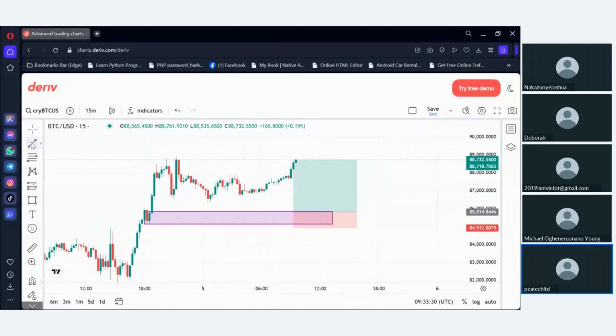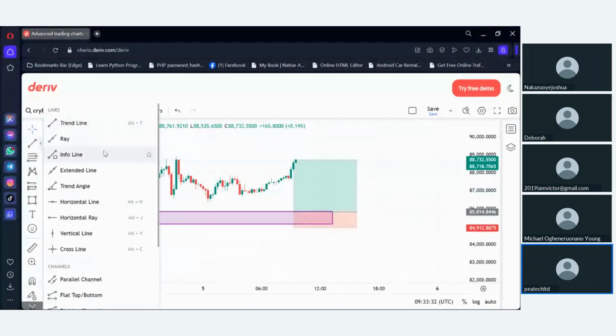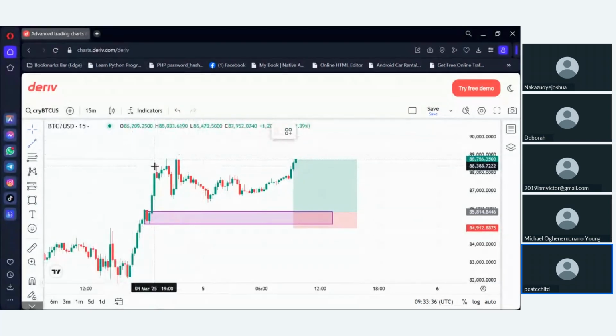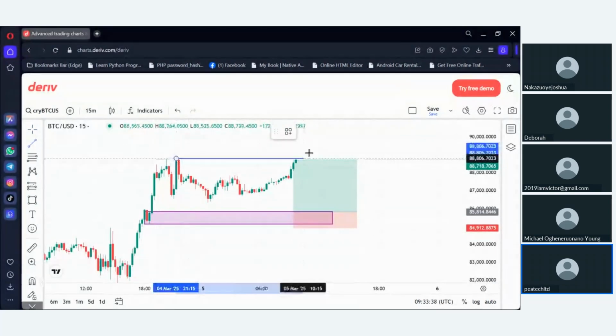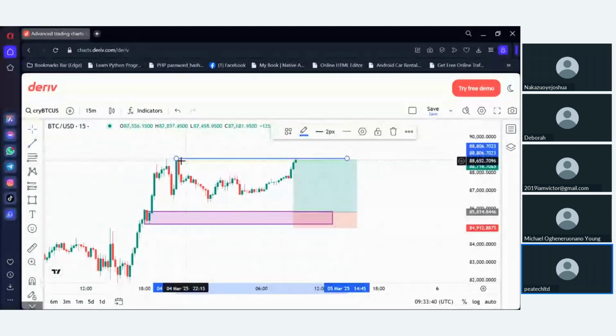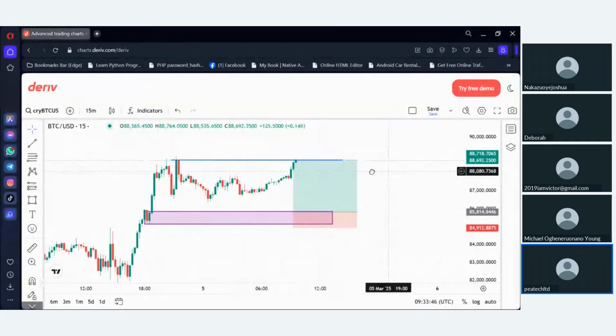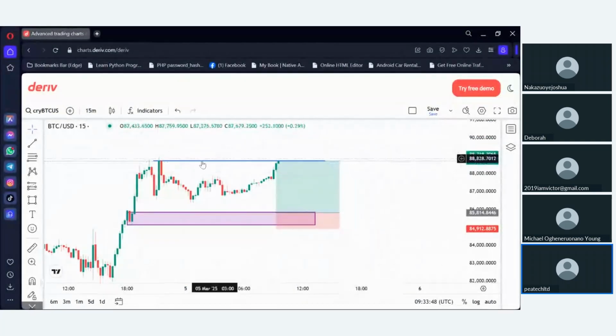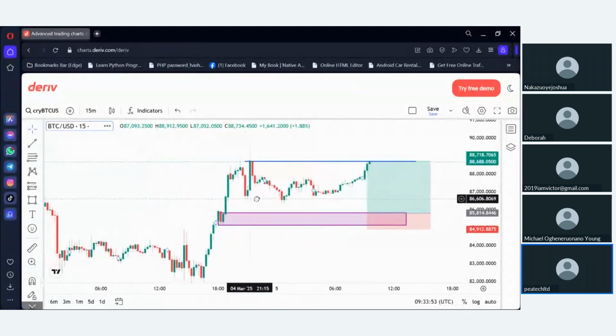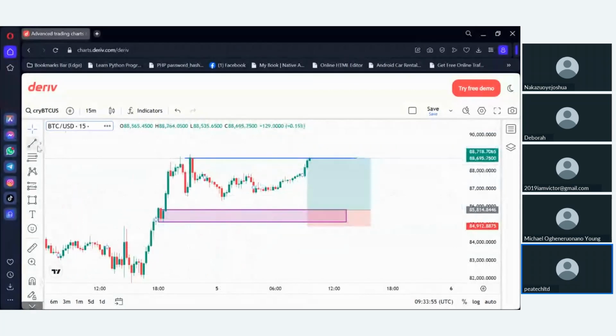Now, let me give you something like this. Let's say this is our take profit zone. And we are saying that if the market should pass here and break upward, then there is no point taking this entry again. We'll just exit. However, what we want the market to do for us is to come down